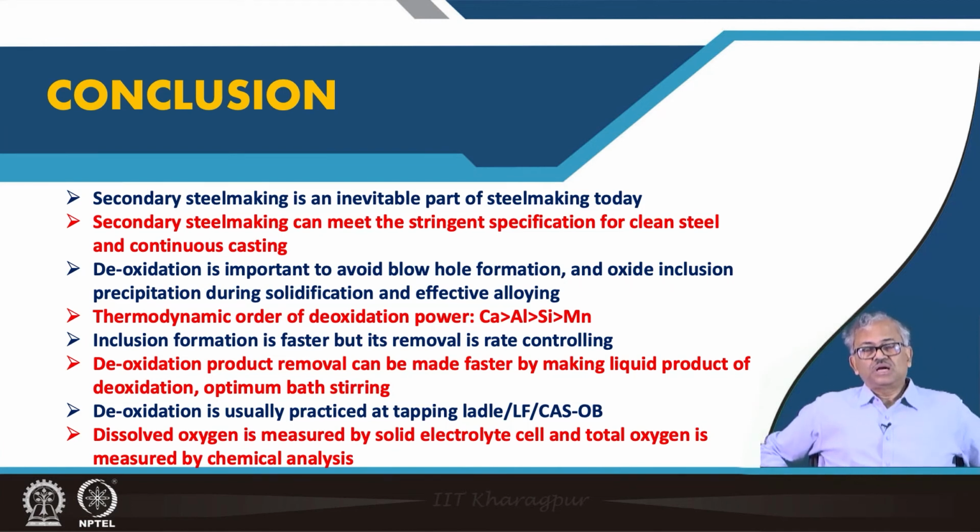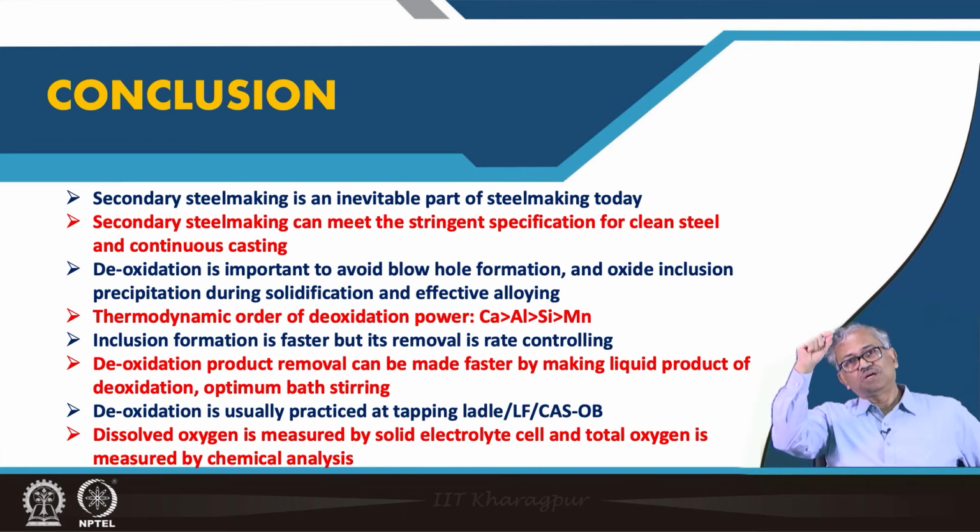So, how to form bigger inclusions? One way is if you have a liquid product of deoxidation, because liquid products easily coalesce, form a bigger inclusion and go away from the system. And from that point of view, silicomanganese is very good, because it forms a liquid product of deoxidation. Another thing, as we have said, is bath stirring. Bath stirring also helps to carry the inclusions to the slag metal interface,